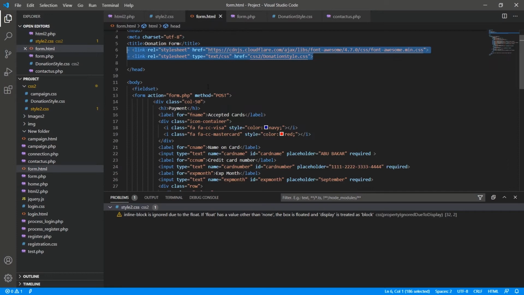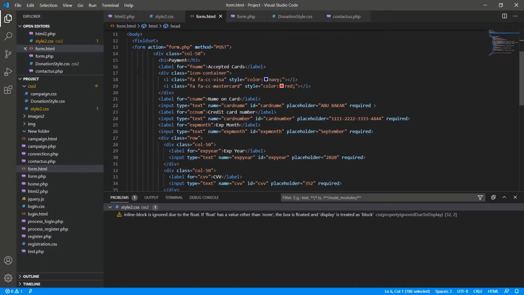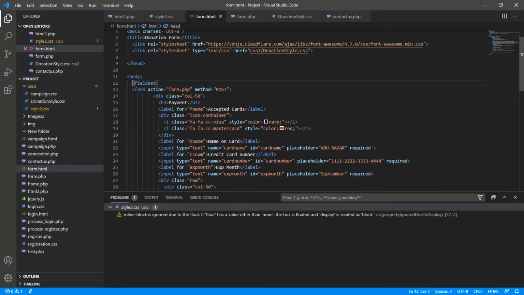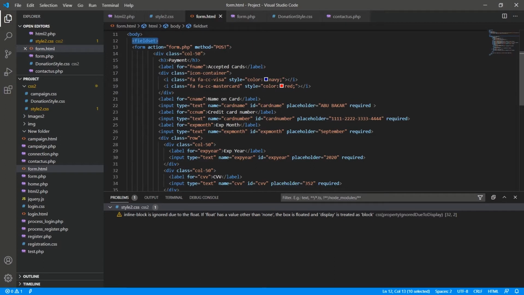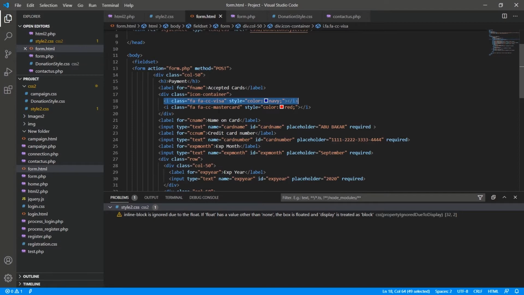So here is the form.html. We use fieldset, so there will be a border outside the form. We use action.php, so it will connect to the PHP and redirect to the database. We use the post method, then the title, and I call an icon from the internet, from the icon website, to show the Visa icon and MasterCard icon,